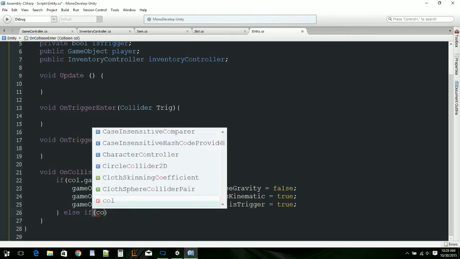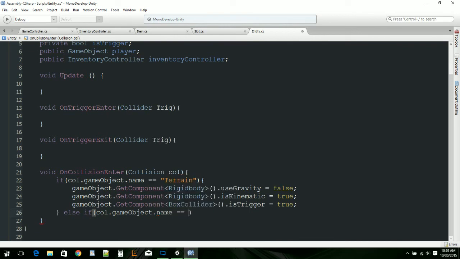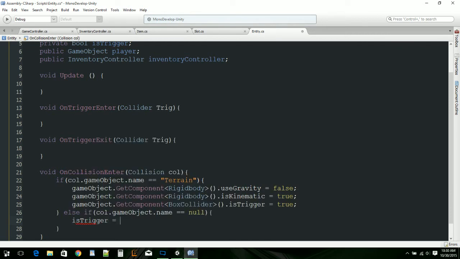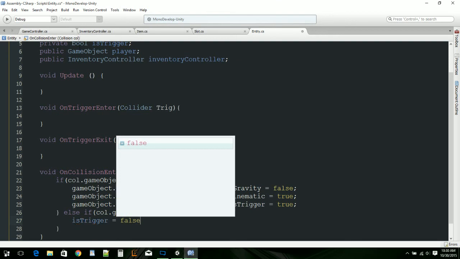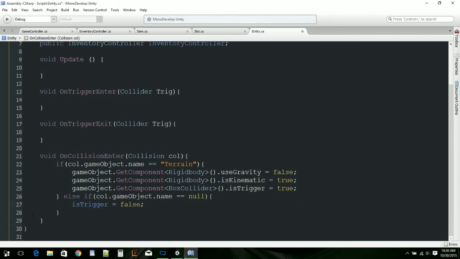the call dot game object dot name is equal to null, then what we're gonna do is we're gonna say the is trigger is equal to false. So that's the boolean we declared up here. So if this isn't true, the is trigger is obviously false, just to make sure that once we're not touching the object, it returns back to its original